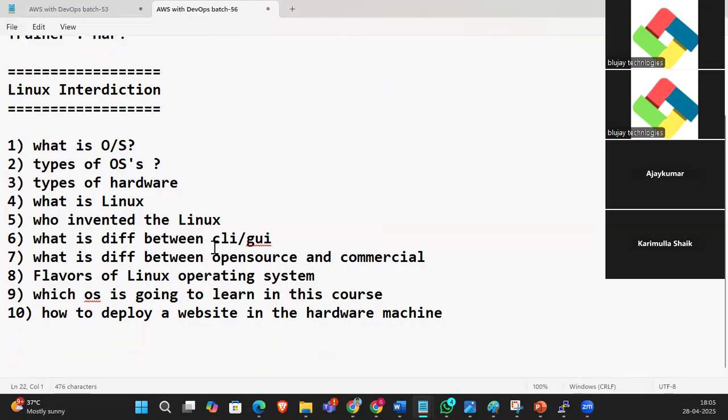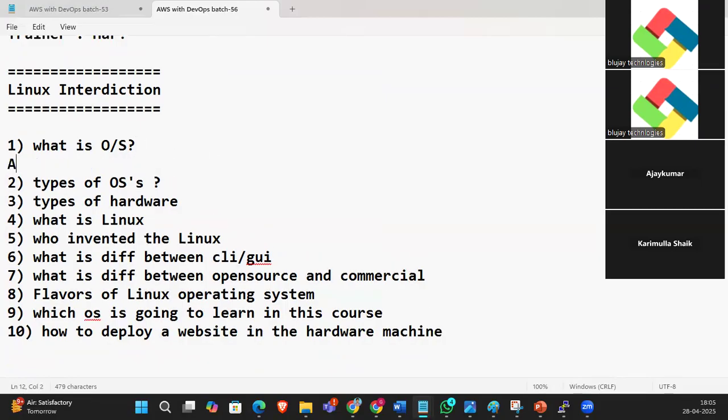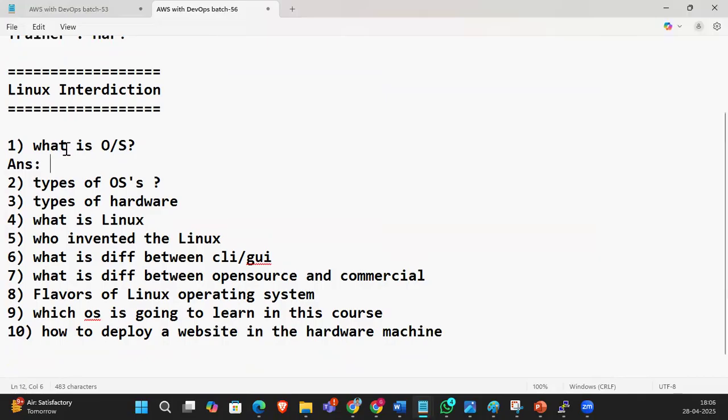So what is OS? Does anyone know what is OS? Guys, what is the meaning of OS? Ajay, Ashok, Karimullah, it is operating system, so it is software which runs on hardware. Very good.